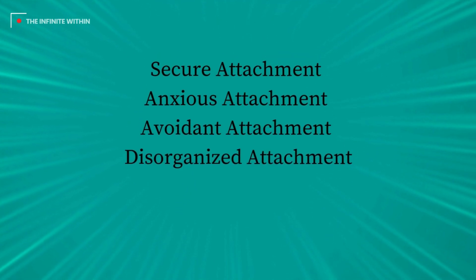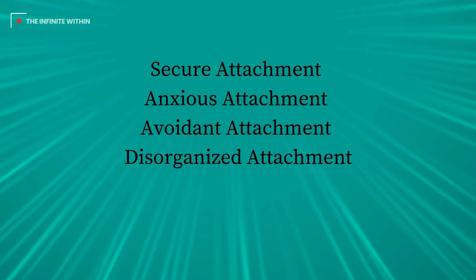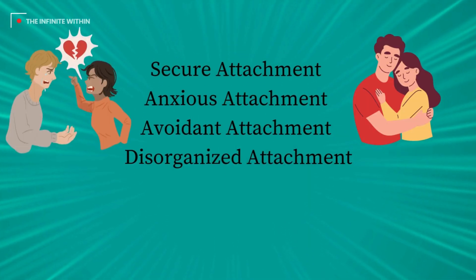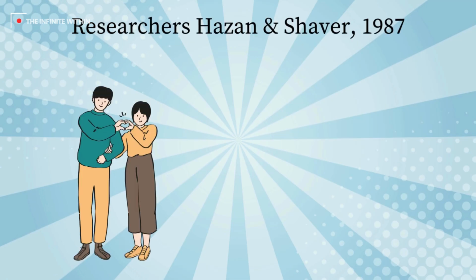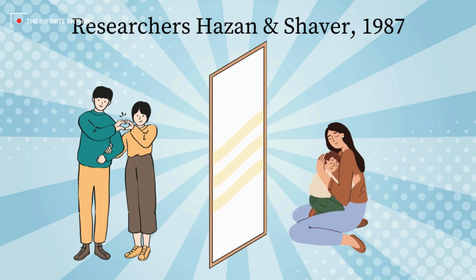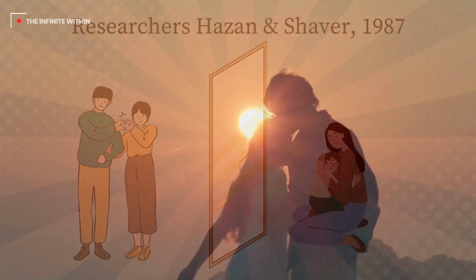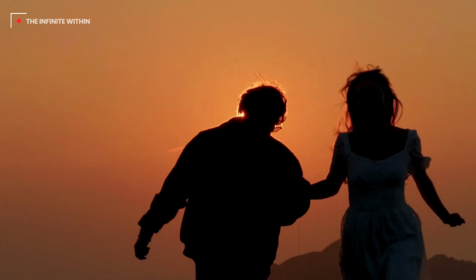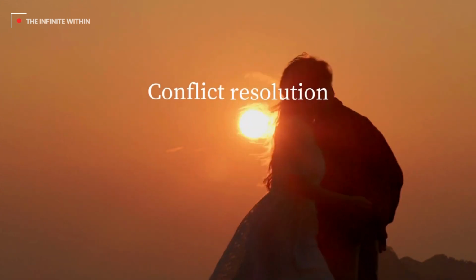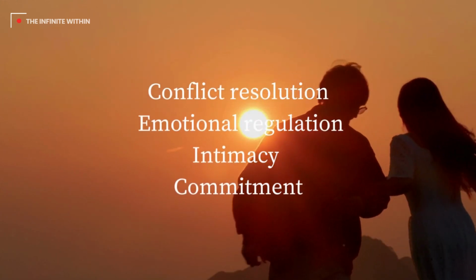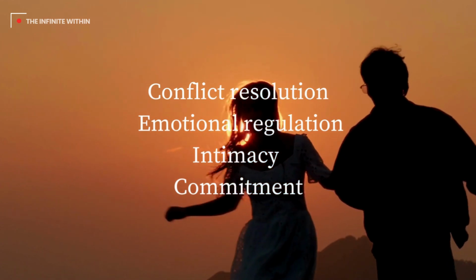These styles don't just define how we connect as children. They shape how we love, fight, break up, and bond as adults. In 1987, researchers Hazan and Shaver applied attachment theory to adult romantic relationships and found that our adult behavior mirrors our childhood attachment style. Today, multiple peer-reviewed studies support the idea that attachment style influences conflict resolution, emotional regulation, intimacy,